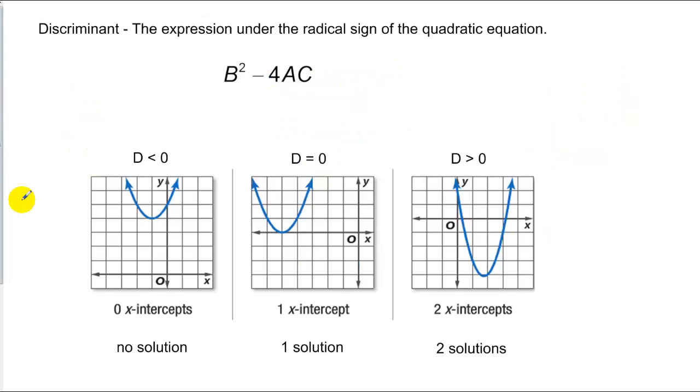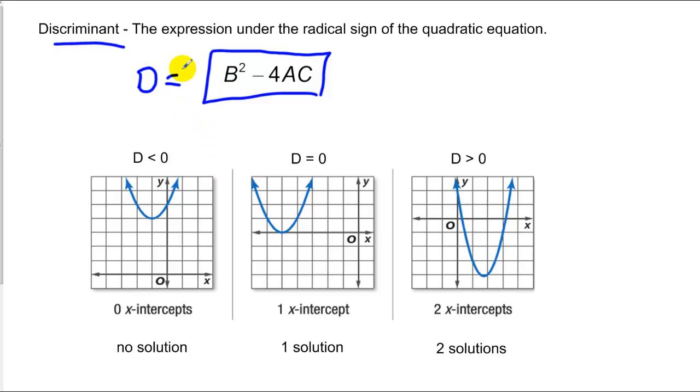Now, with that in mind, we have something called the discriminant, and the discriminant is actually the value of the expression underneath the radical sign in the quadratic. So the discriminant, let's call it D, is equal to b squared minus 4ac. Now if the discriminant is less than 0, which means it's negative, a negative under a square root would mean there are no x-intercepts. That's like the problem we just did, or no solution,